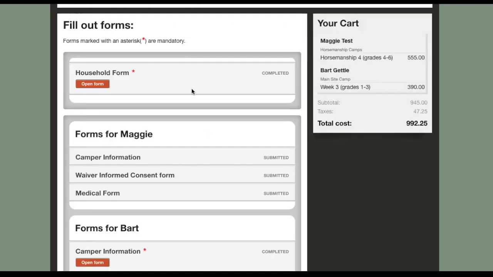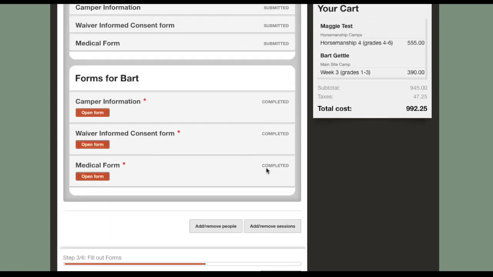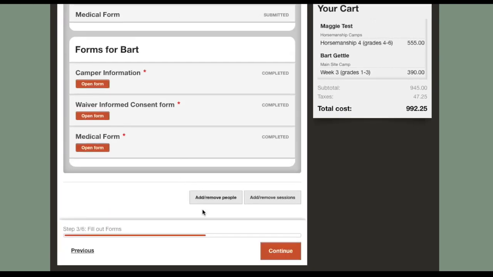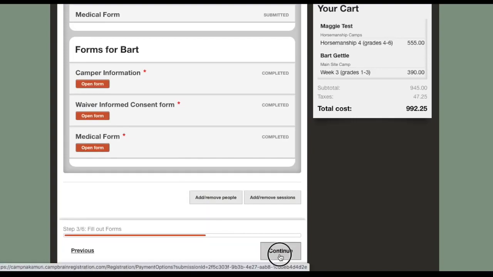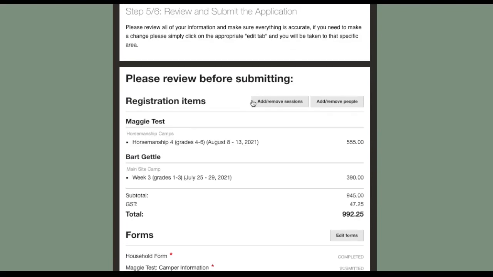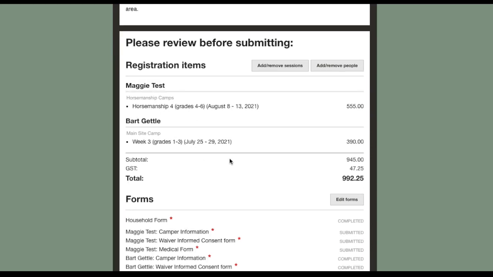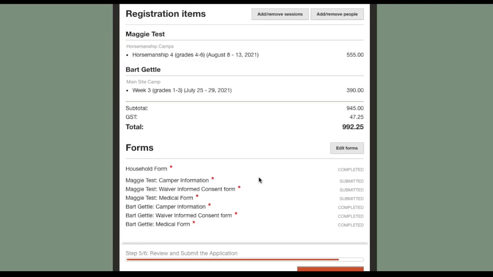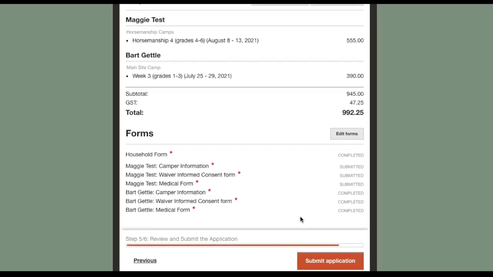So yeah, Maggie's all good. You can see completed, submitted, completed, completed. Continue. Alright, so you see a rundown here. Make sure all the info is accurate so you can double check the dates, that they're good for you. It gives you a total to help you plan. All your forms are completed